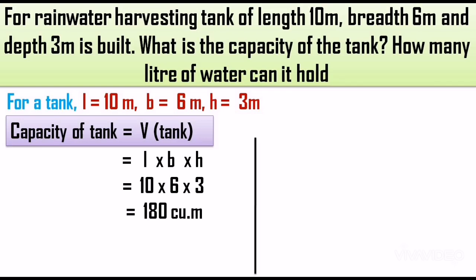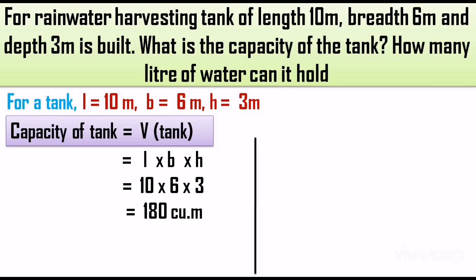Time has come to turn this cubic meters answer into liters, right? We got the first answer, that is, the volume or capacity of the tank is 180 cubic meter. Okay. There is one formula to convert cubic meter into liter. Always keep in mind, 1 meter cube or 1 cubic meter is equal to 1000 liter. I repeat again, 1 cubic meter is equal to 1000 liter. Means 1 cubic meter is the bigger quantity. I need to turn the bigger quantity to the smaller quantity, that is liter, right?